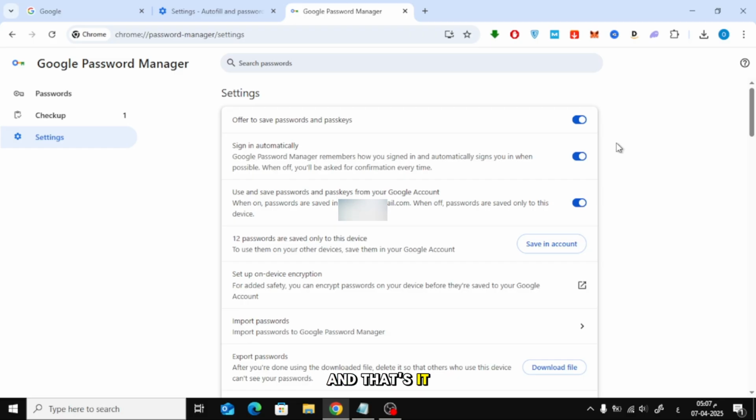And that's it. Now Google Chrome will help you save passwords and sign into websites automatically, making your browsing experience